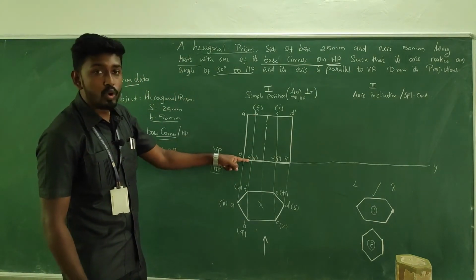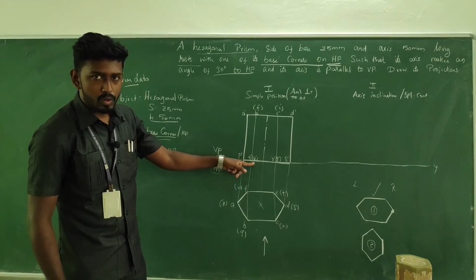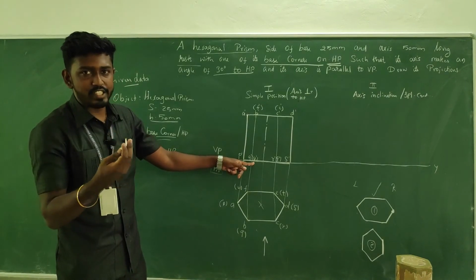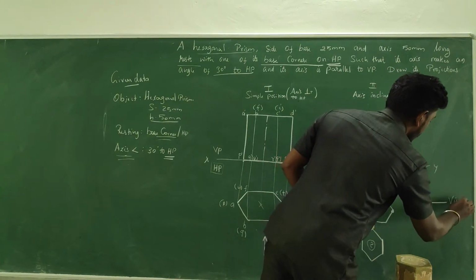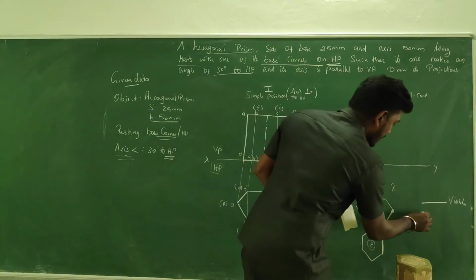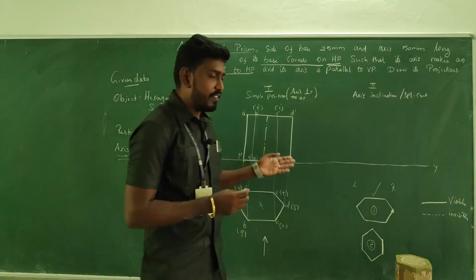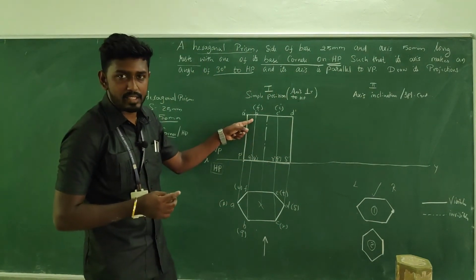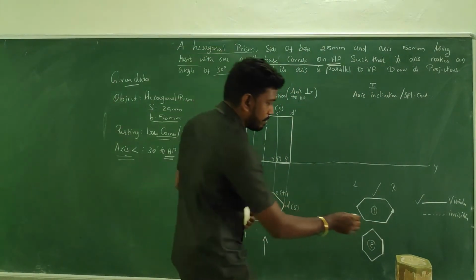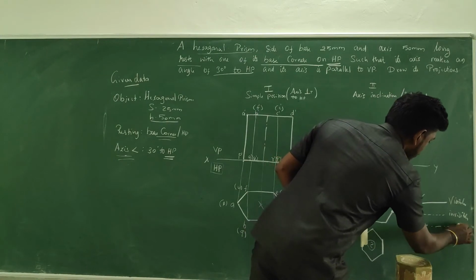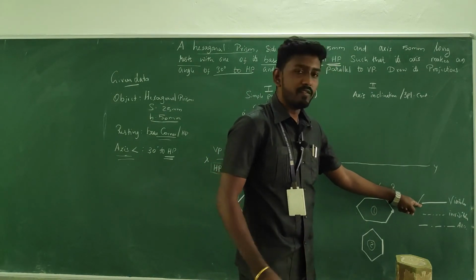And here B and Q, the longer edge, is visible, right? In the same place we are having F and U. When you are coming to the part of visible edges and invisible edges, a visible edge we will notate as a dark line, and an invisible line we will notate as a dashed line. But when you have both lines at the same place, how to give preference? Preference to the visible. If you have the axis line in the same place, always keep in mind that preference should be given to the visible line.